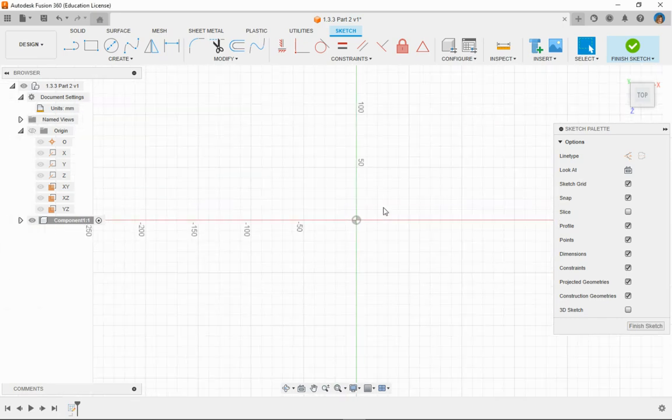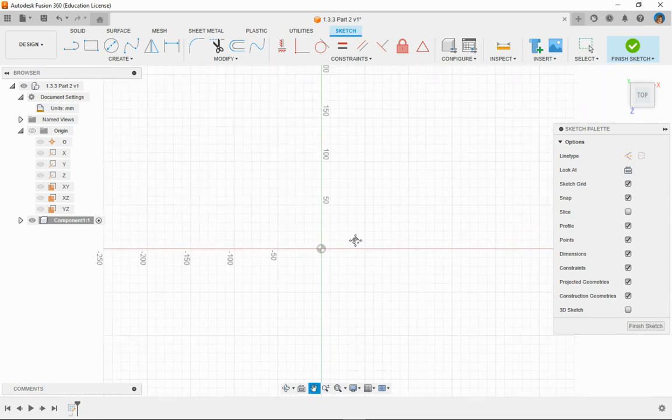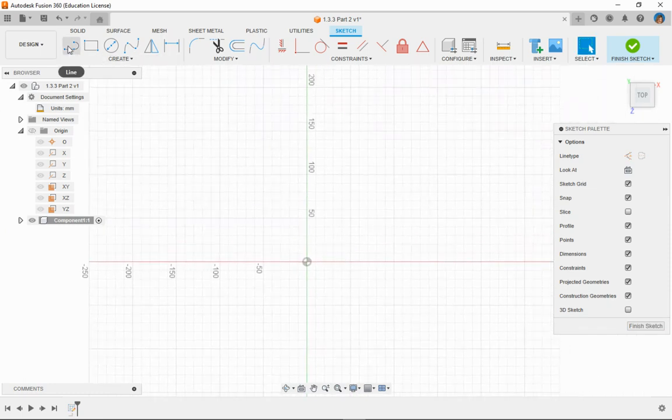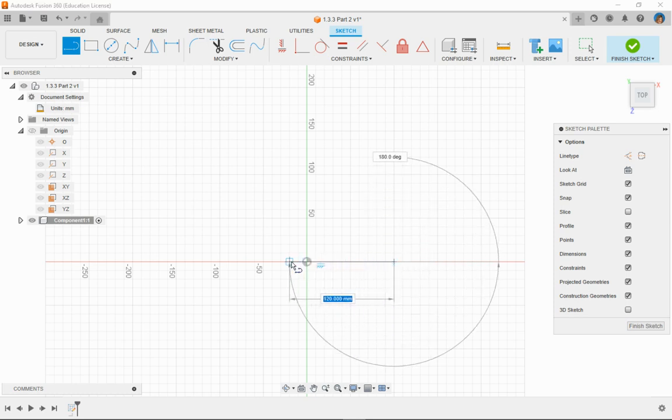So I'm just going to make this area a little bit smaller. I'm going to zoom out so I can see it better. Again, we're using our line tool. So I'm going to click on my line tool. I'm going to start on my X plane. So I'm just going to, so let's see, that's going to be 1,